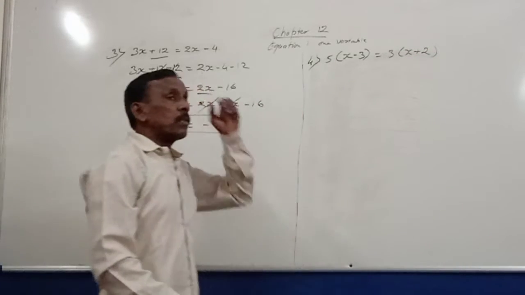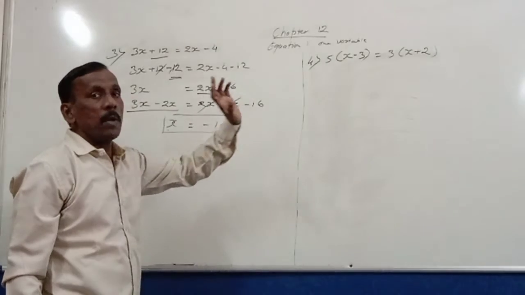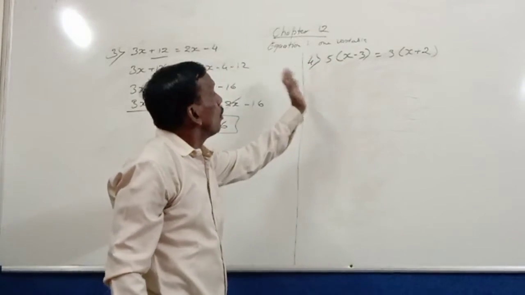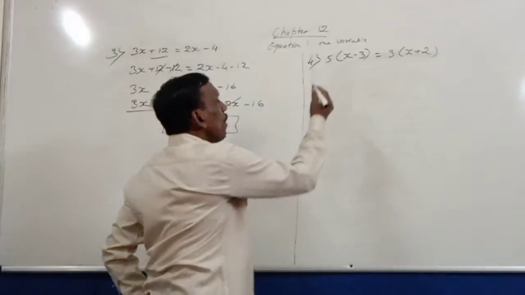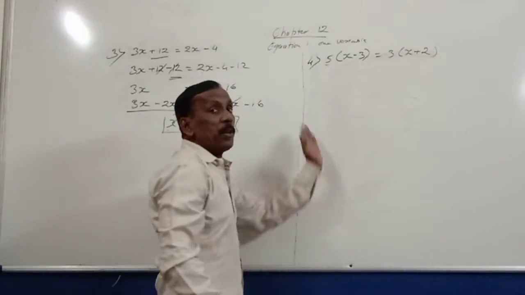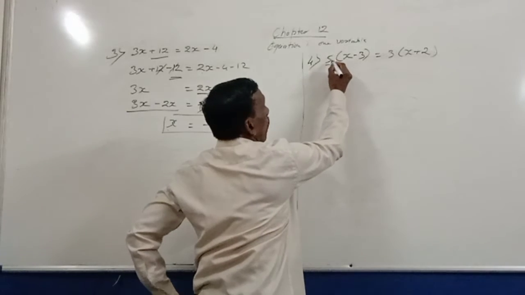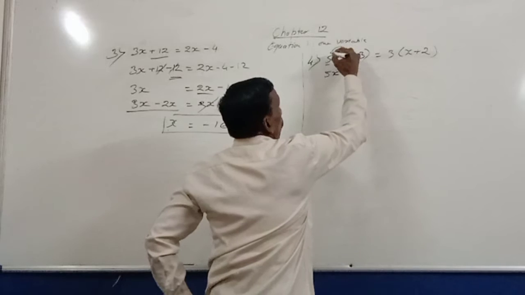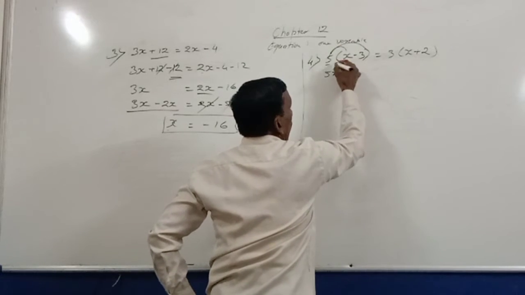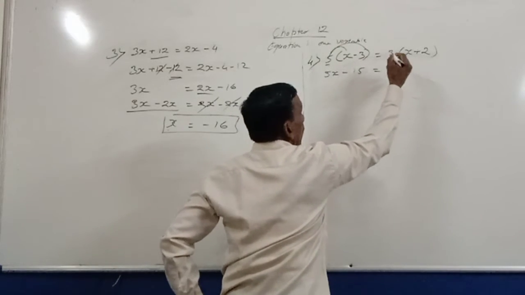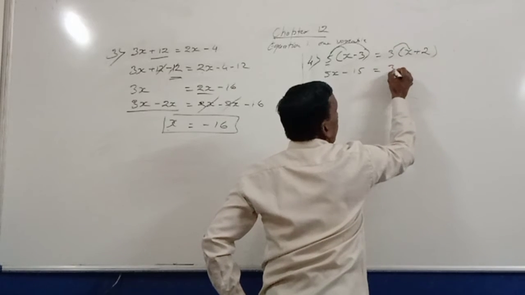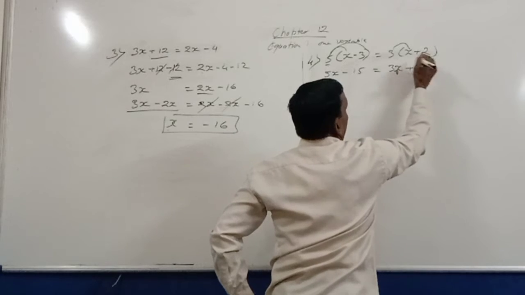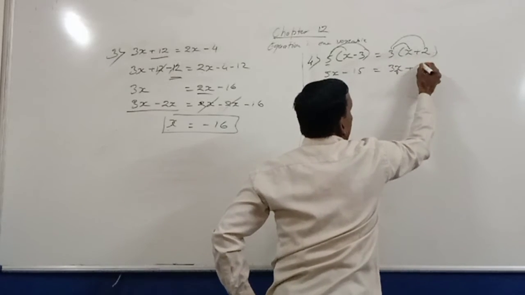Now in maths, whenever any questions or equations have a bracket, what we have to do first is remove the bracket. How to remove the bracket? Whenever anything is outside the bracket, that we have to multiply. So what is outside the bracket? 5. First, 5 multiplied by x will become 5x. 5 multiplied by 3, with this minus, is minus 15. Same as this, 3 into x will become 3x. This plus sign, plus 3 times 2 is 6.